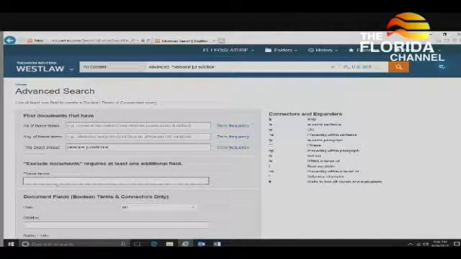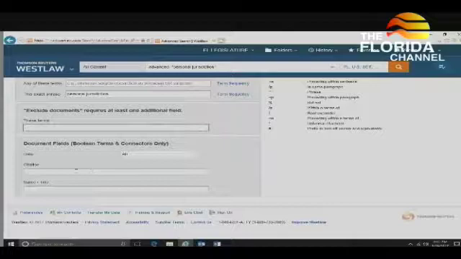You can also exclude documents or exclude terms. So let's say you are looking for RICO cases, but you're getting results that say Puerto Rico. So you can say, but not Puerto Rico. And all you have to do is type in Puerto Rico, and it translates it to but not, which would be the % sign in Puerto Rico. You can do the date restriction, then you can do the citation, and you can do the title of the